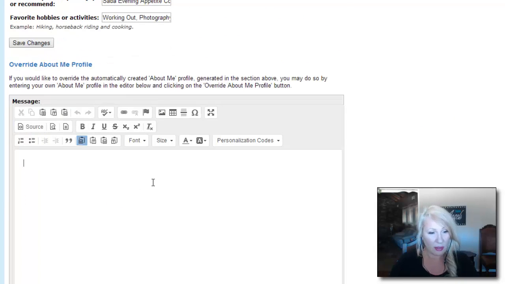So, okay, I'm going to go ahead and tell you, this is the same little text editor that they have within the blog post. And after spending a couple of days now playing around with this, there is something that I'm going to give you as a tip that is going to save you a lot of frustration, because I had frustration,